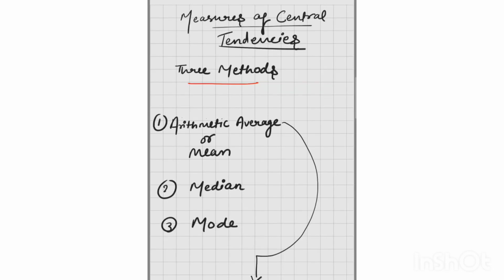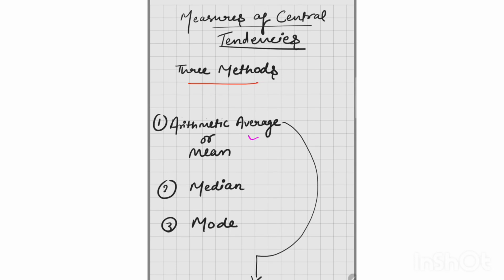Back to my channel. So today the topic we are going to do is measures of central tendency. This is basically for when you are a sociology student in your third year and you are getting introduced to the paper of research methodologies. You came across this particular paper which has statistics, which is completely relying on a section of mathematics. So we're going to do very basic measures of central tendency.